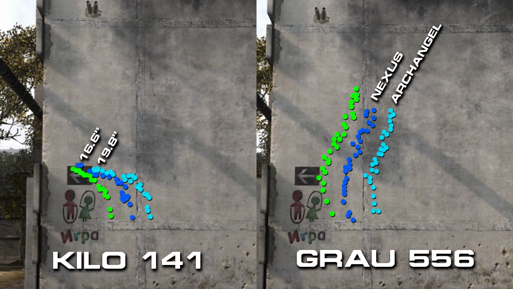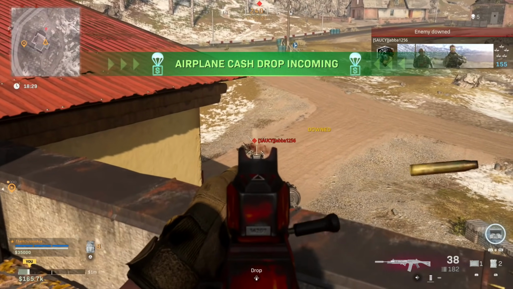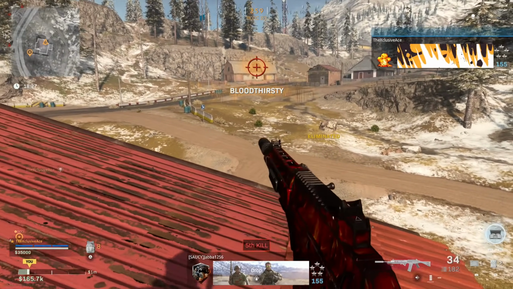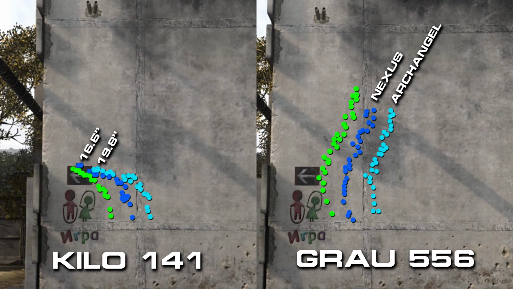But for me, I actually prefer the recoil pattern on the Grau over the Kilo because vertical recoil is really easy to control. You basically just pull down on your right analog stick or pull down slightly on your mouse as you're firing, and you can control that recoil with very little thought or effort. Whereas the Kilo 141, while it is still insanely accurate, it's still one of the most accurate full auto guns in the game, it does require a little bit more effort and a little bit more thought to control that